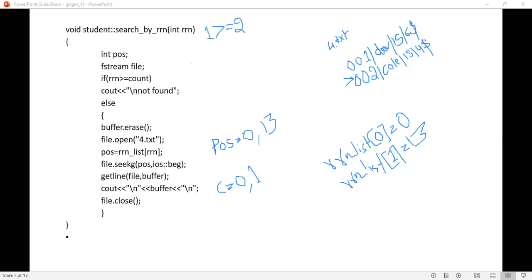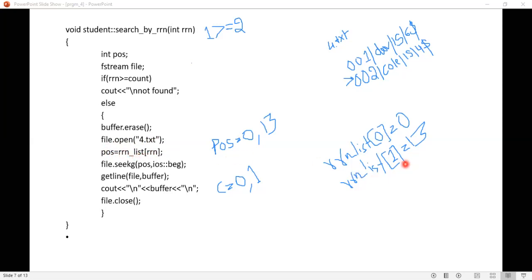Else, you have to clear the buffer first, erase the buffer, and then open the text file, that is 4.txt. In which mode you have to open? Simply you are going to open the file, and then the position is equal to the position present at RRN list of RRN, that is RRN list of 1.